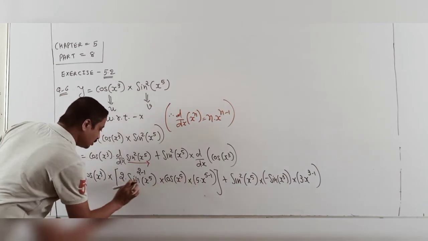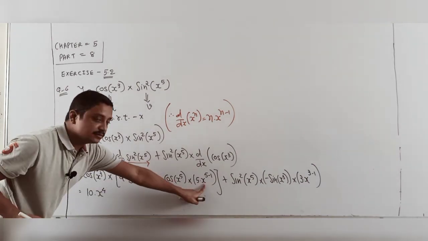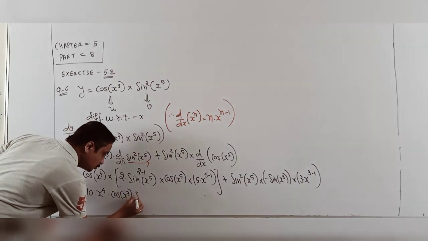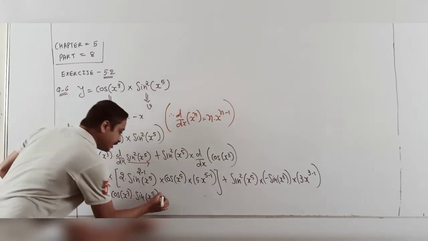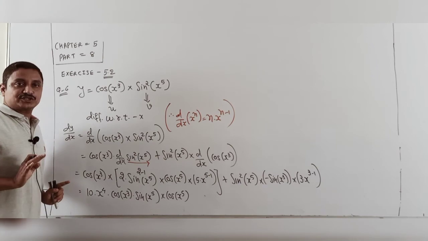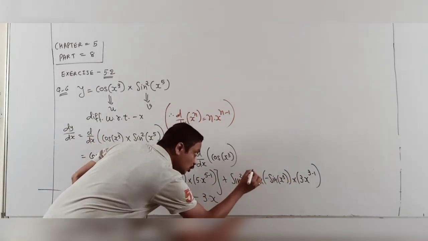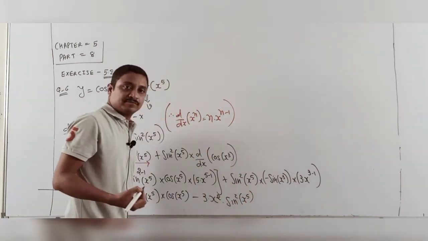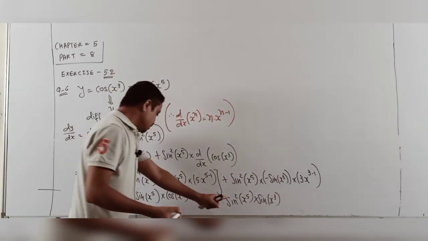So here 5 2s are 10, x raised to 4 here. Yes, and remaining are cos x cube into sin, here 2 minus 1. Only I have x raised to 5 and cos x raised to 5. Students, this is the first solution done. Here minus 8 into 3. So minus 3 x raised to 2 into sin square x raised to 5 and into sin x raised to 3. And this value total.